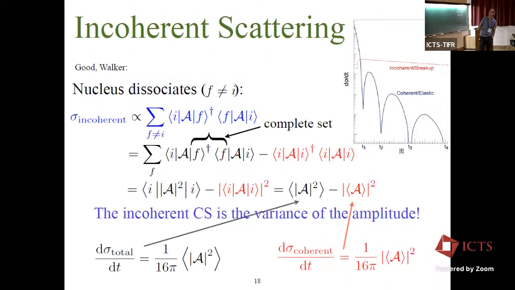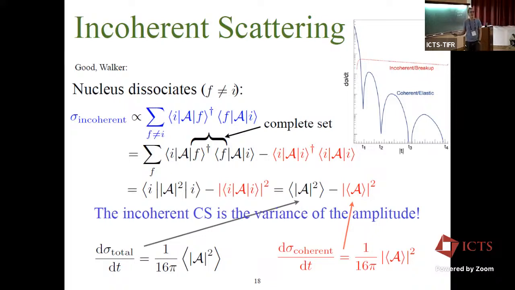So in the Good-Walker picture, this can be easily understood. The incoherent cross-section is the amplitude absolute squared for the case when the final state is not equal to the initial state. We get this sum over all possible final states. We can add the point where the initial state is equal to the final state and subtract it again. That completes this set quantum mechanically. And then we get the second moment of the amplitude minus the square of the first moment of the amplitude,